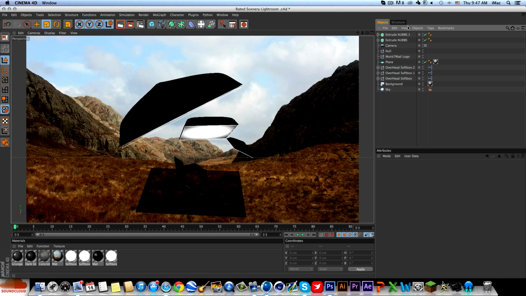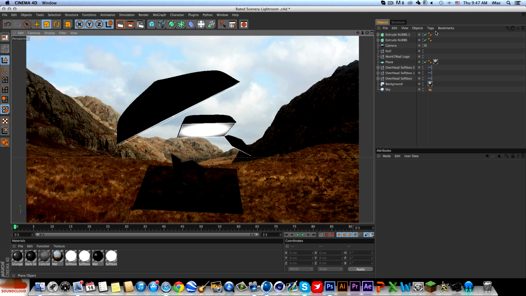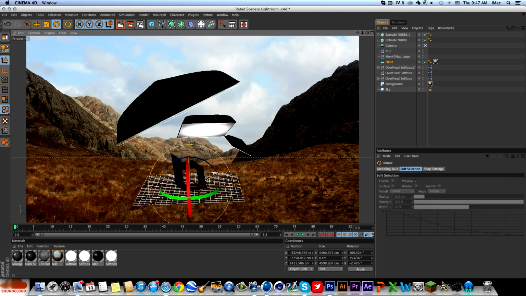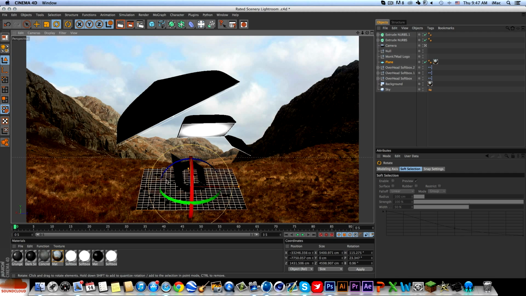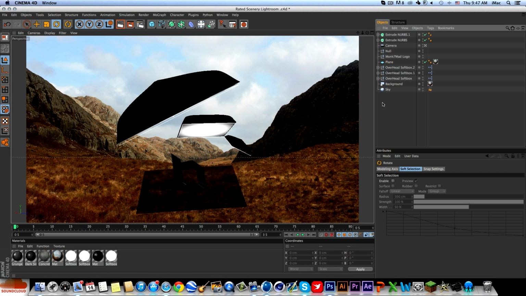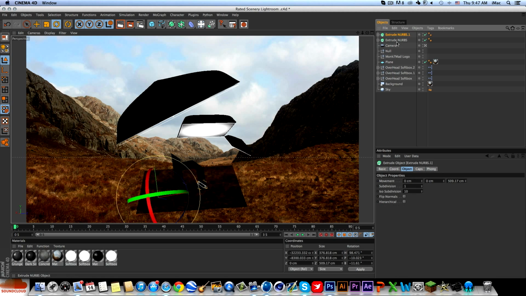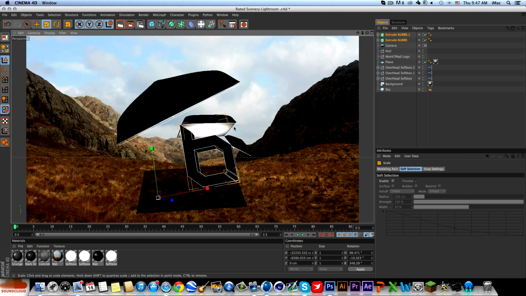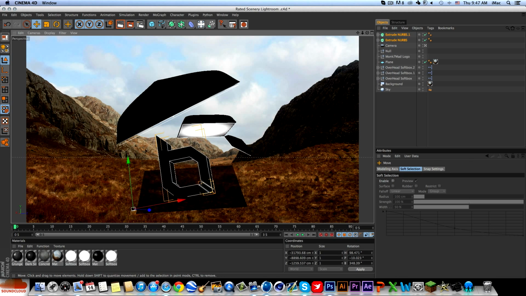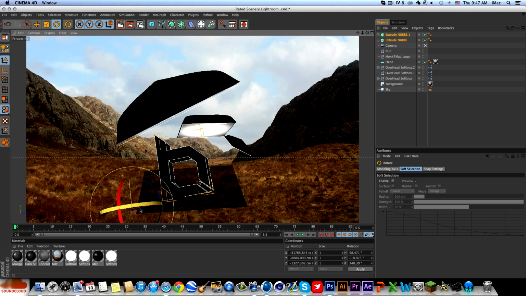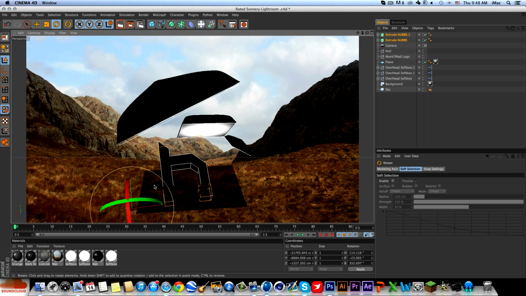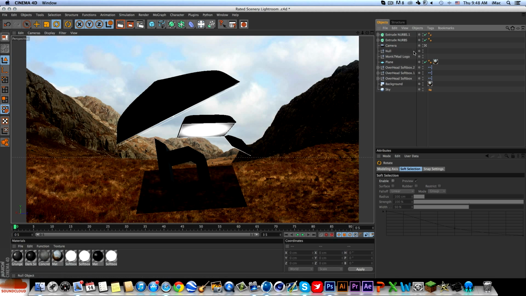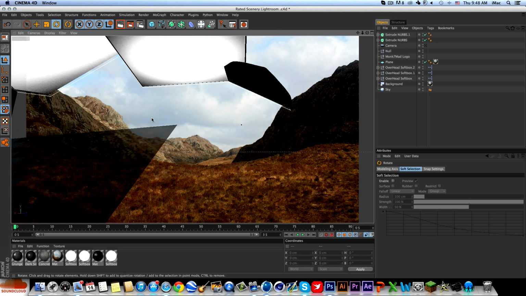softboxes aren't in a good spot. So let's just save our camera angle right there. I guess if we want, this is not realistic. Something like this, maybe. Let's make our logo a bit bigger because you want the logo to be big enough. And kind of make it going into the ground a little bit, just to give it that more realistic feel. Something like that. So save our camera angle, get out of the camera angle, and now we're going to need